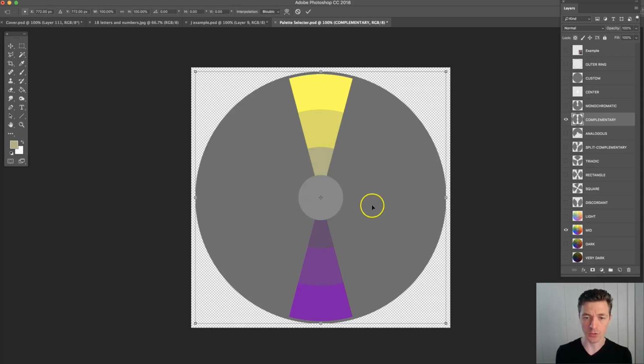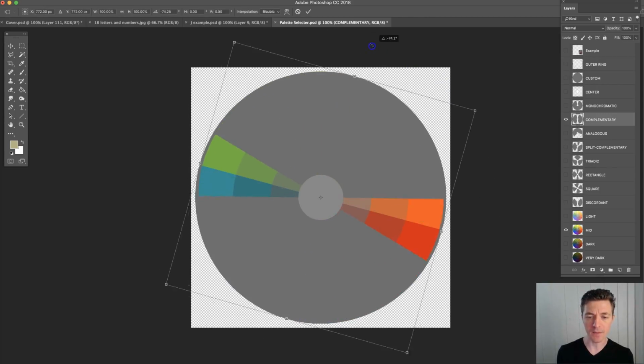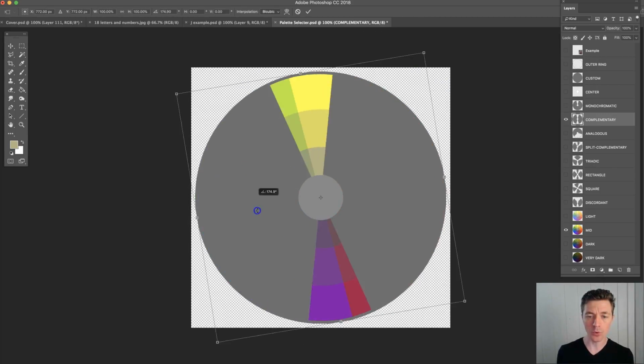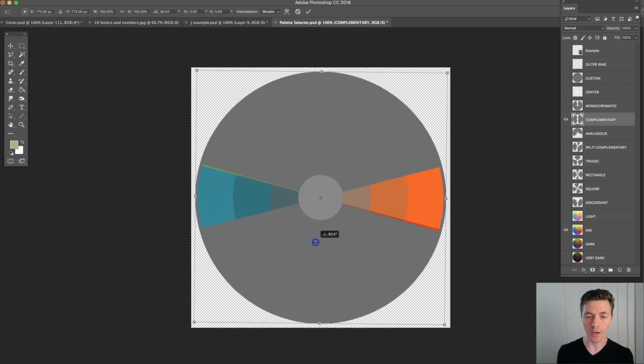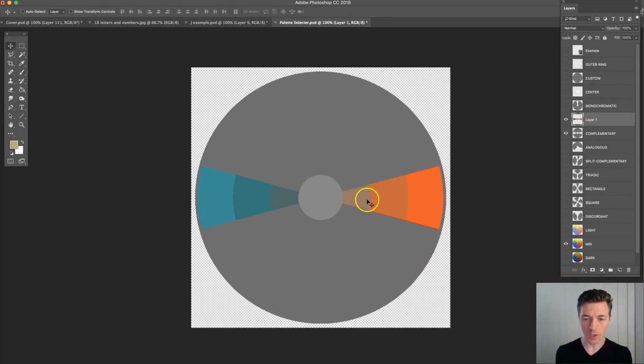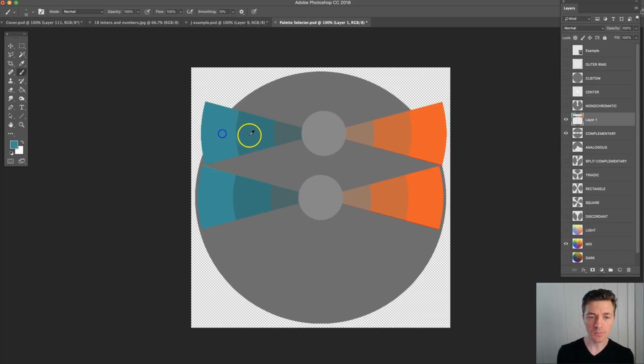You can use Edit Transform in order to rotate that mask until it gets onto the color scheme that you like. Say that you want to go with something like this. All you need to do is then use your magic wand tool to select inside of that. You can copy and paste that into your painting file, and then use that to eyedrop the colors for your